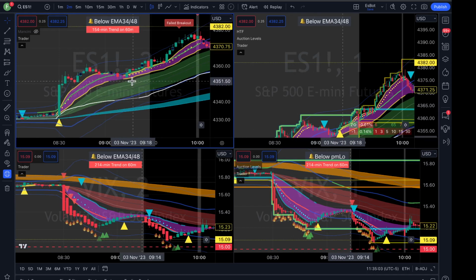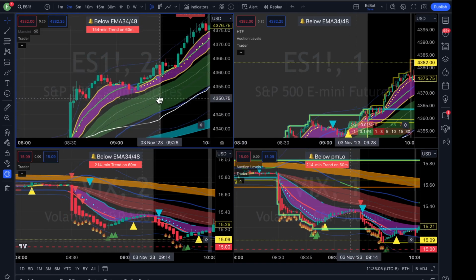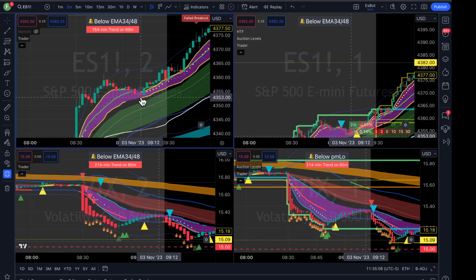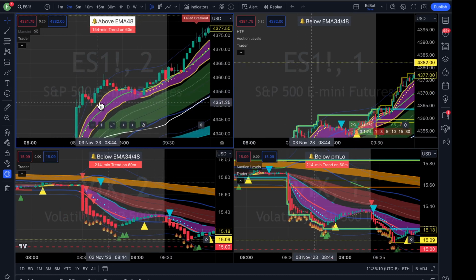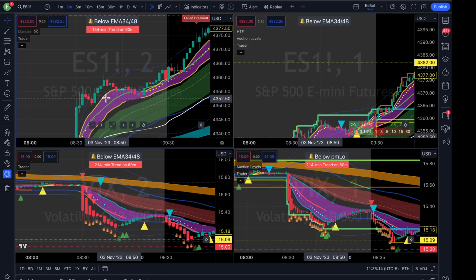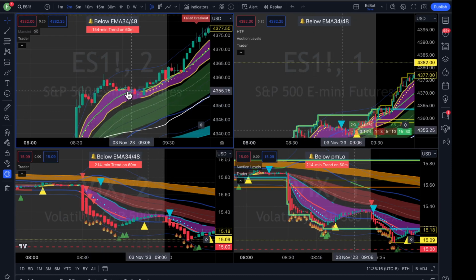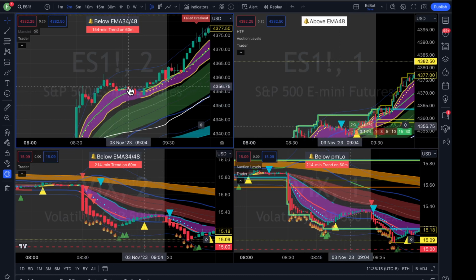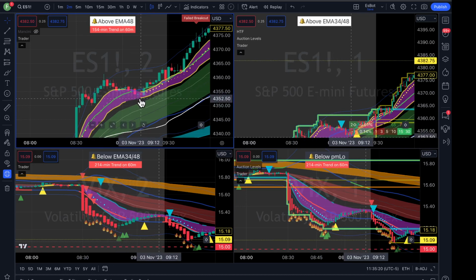If you're not in retrospect, this would be a good entry right here, because I missed the initial move, for obvious reasons, because it was just too strong. I lose the yellow outlines, so I have some pullback here,